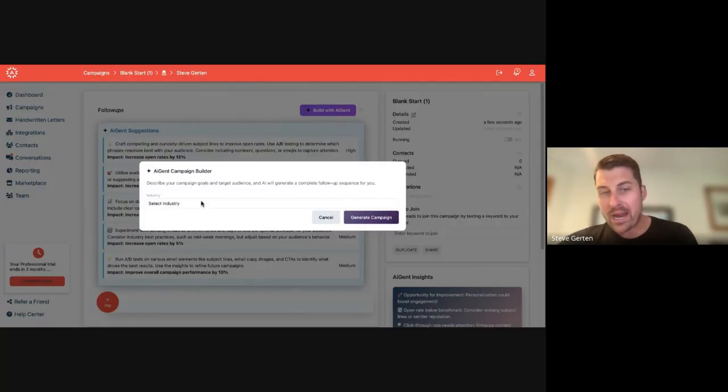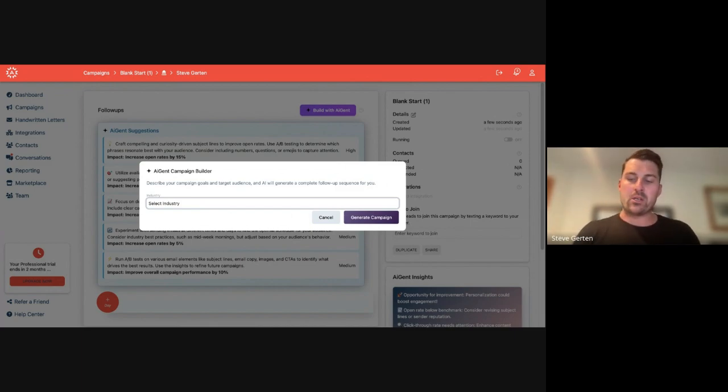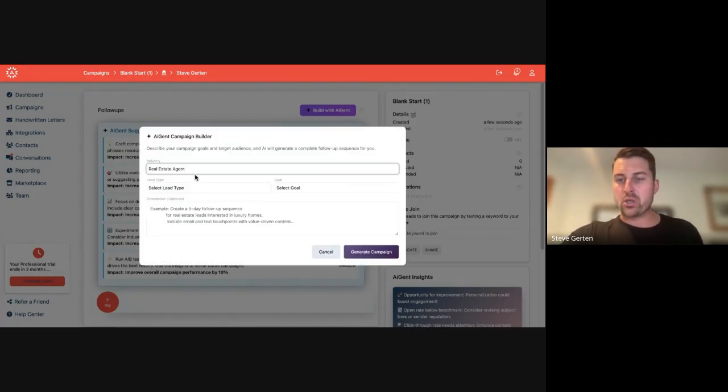So we are now in our brand spanking new AI Agent Campaign Builder. This, again, has been derived off of millions of conversations and thousands of campaigns that we have been executing over the years, and we've handed the keys over to you to help you seamlessly add a brand new campaign depending upon where leads are coming from or what your specific initiatives are. You'll see the different industries that you have the ability to select from. On my screen it's not showing, but you can select based on the industry that you want to get started. I selected real estate agent, and let's just assume that this is a buyer lead,